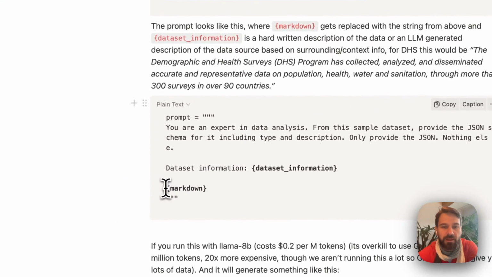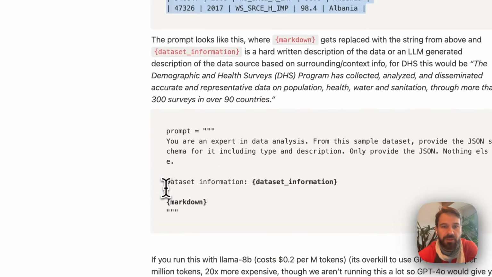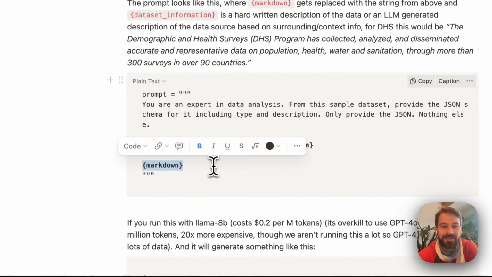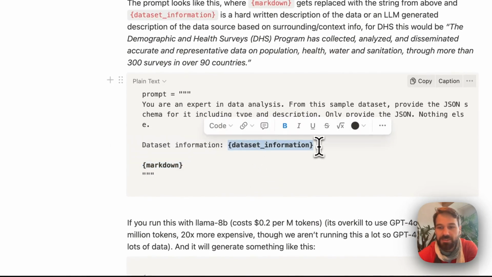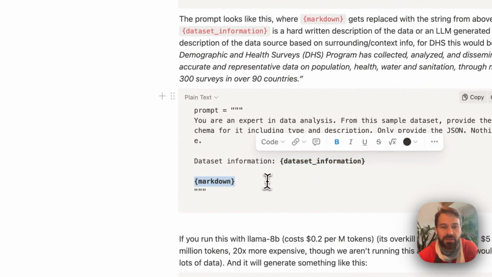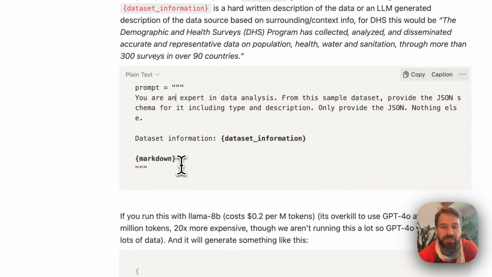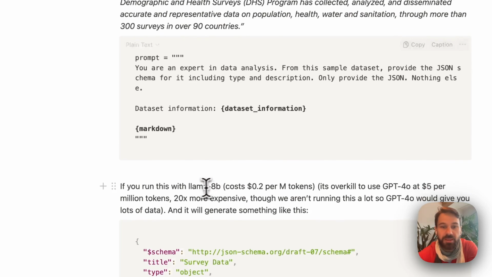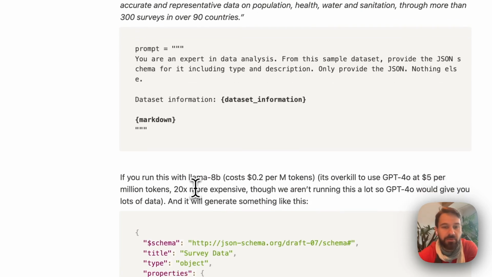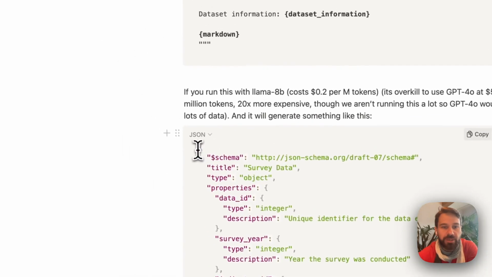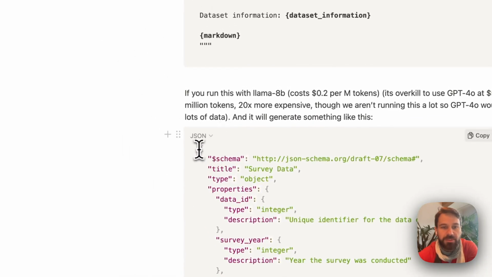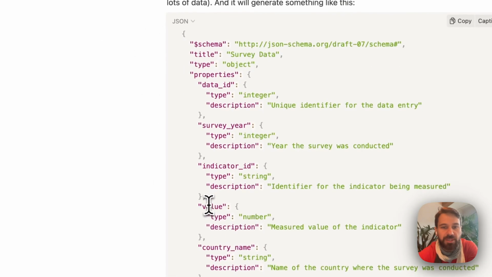Sorry, actually it goes here. That actually goes here. The dataset information is more just a narrative around this dataset, so the description of the dataset, but the actual data goes here. So we're giving the language model enough information to compose something. And here, even just using a very simple small model, a Llama 8 billion parameter model, it will generate for us, because in our prompt we asked it to generate JSON, this really nice